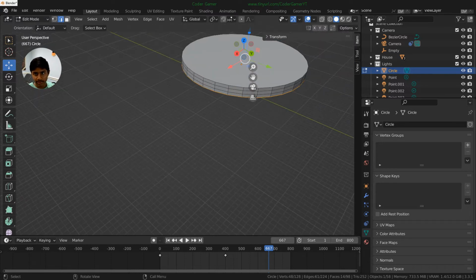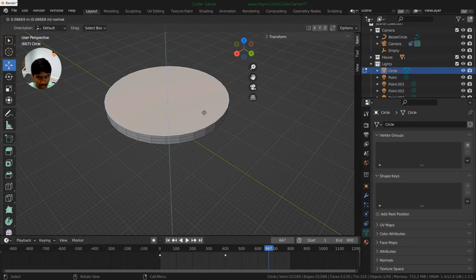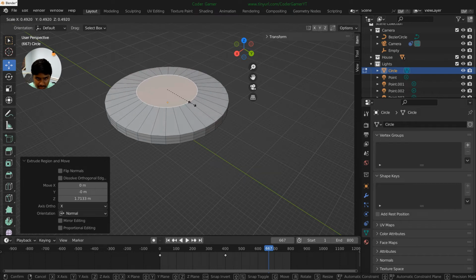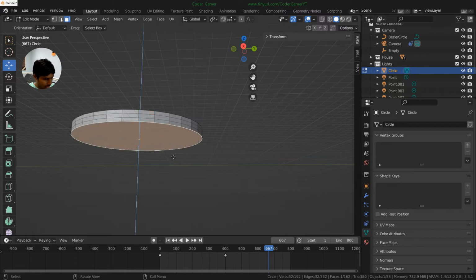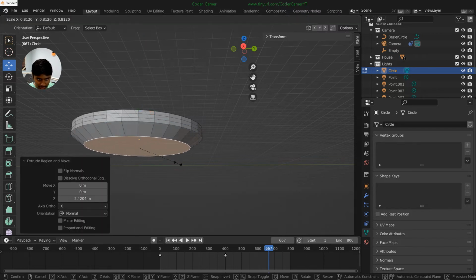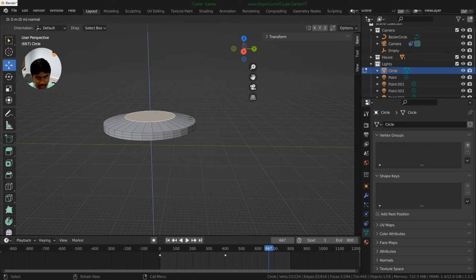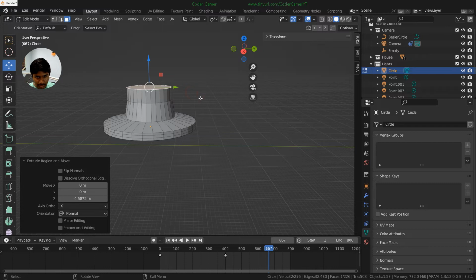And now what I'm going to do, I'm going to click on this top face. I'm going to E to extrude, S to scale. Scale it about that much. E to extrude, S to scale. And then E, S, E, actually no, yeah, E, S,